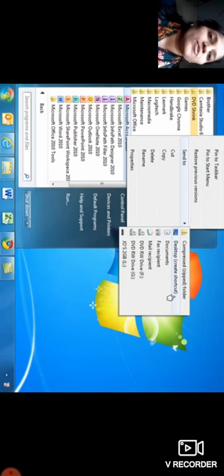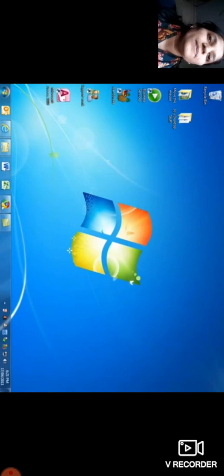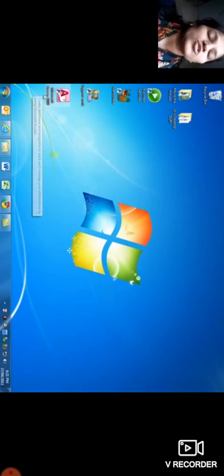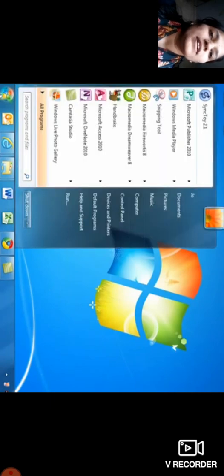So first of all, we have to go on our particular folder, then right click and send to option. We can see the send to option, and when we click on send to option, at that time desktop create shortcut appears. When we click on desktop shortcut, our shortcut folder appears on the desktop.